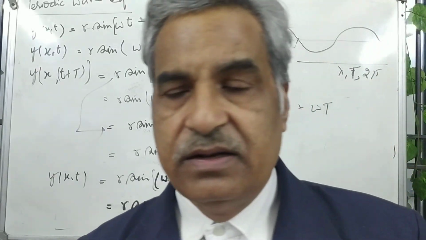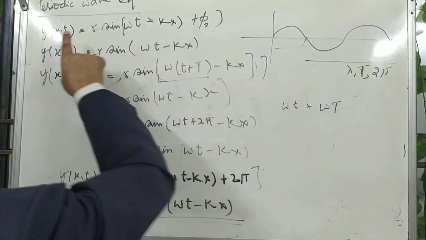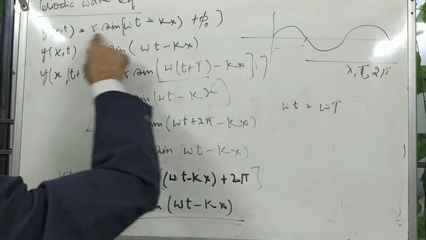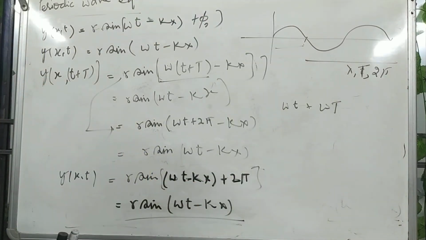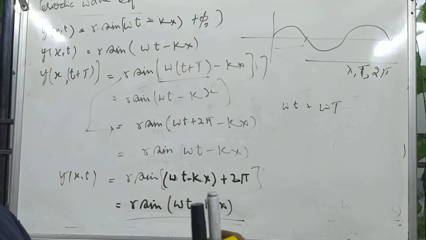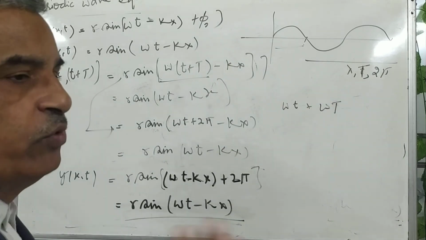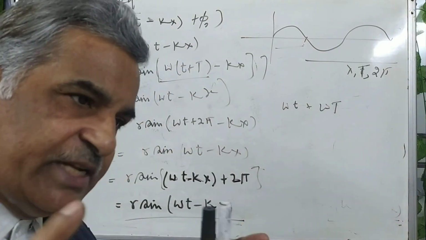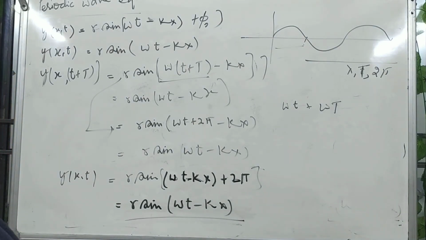The fundamental basic is this: y equals r sin (omega t minus kx), and y equals r sin (omega t minus kx plus phi naught). You derived this one only. I focused on deriving this one, and later you can form other equations yourself too. I am only transforming, doing nothing else. I did two works. By substituting values I transformed it. Second, it is periodic with time period capital T, wavelength lambda, and phase angle 2 pi.